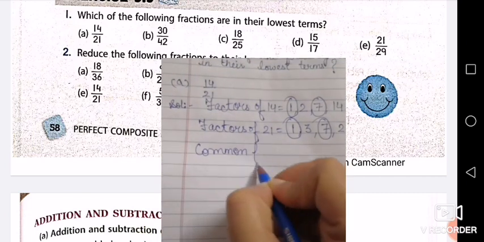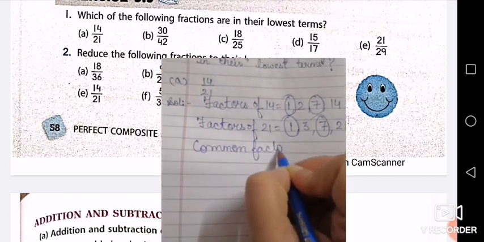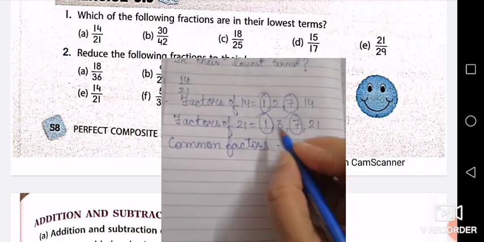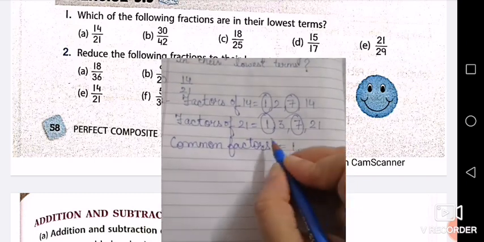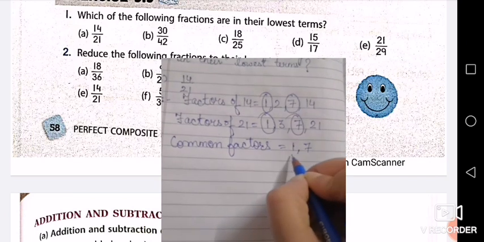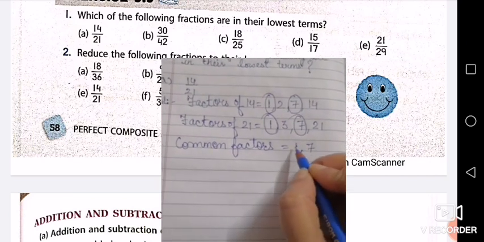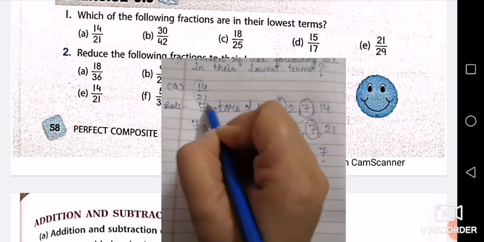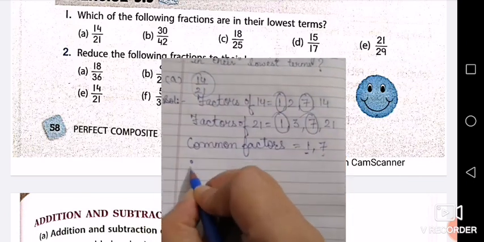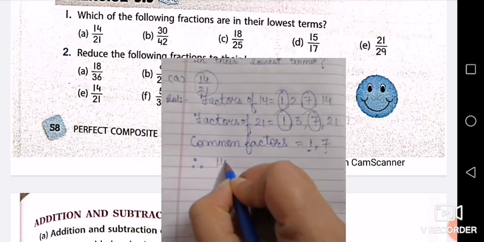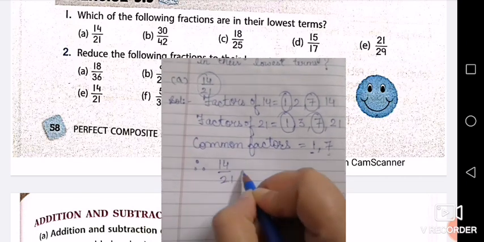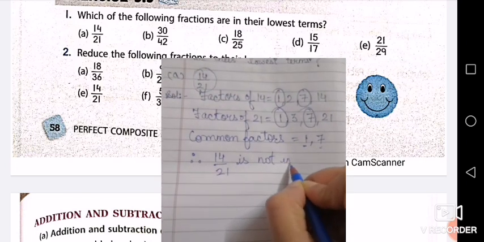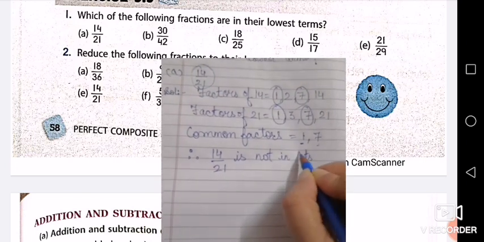Now here you have to remember that if you are getting more than one common factor, or a common factor other than 1, then that given fraction is not in lowest terms. So you will write therefore 14 by 21 is not in its lowest